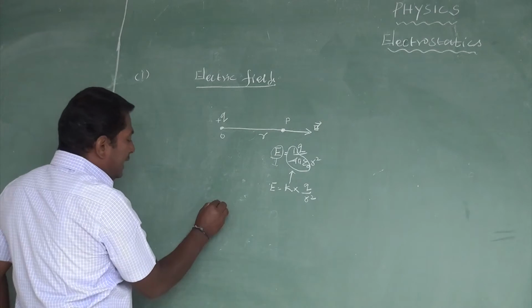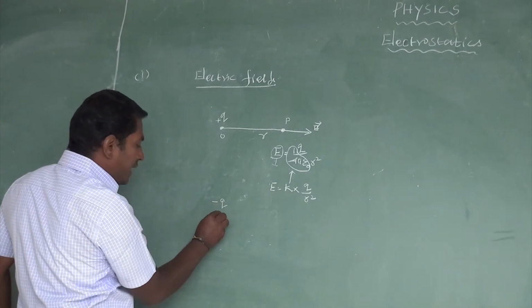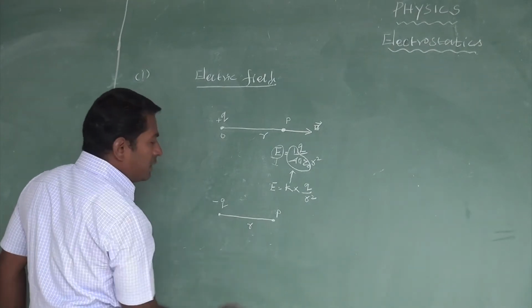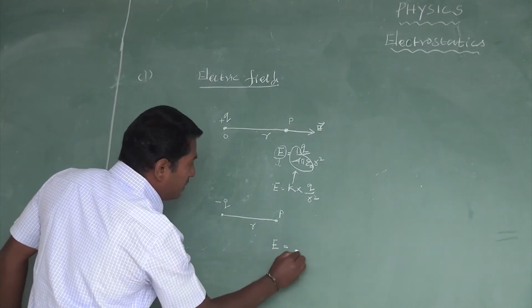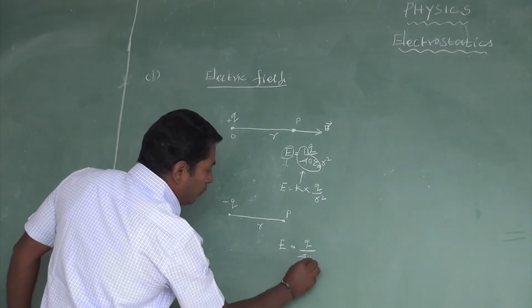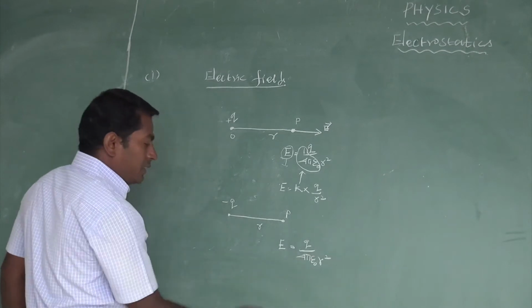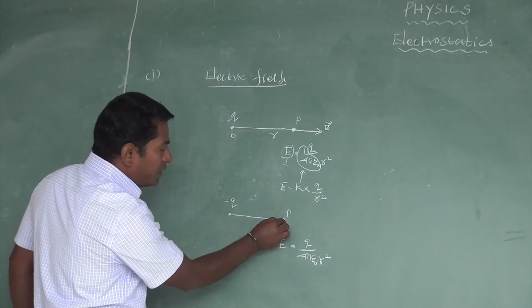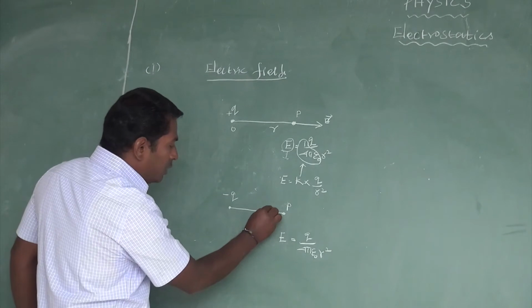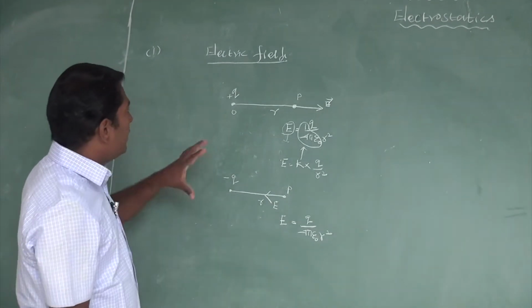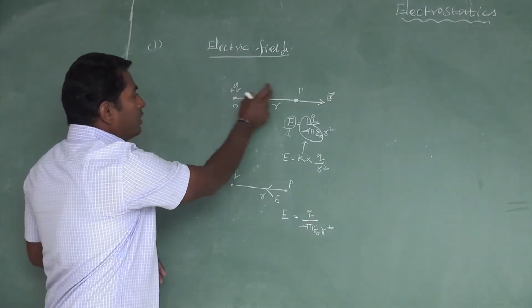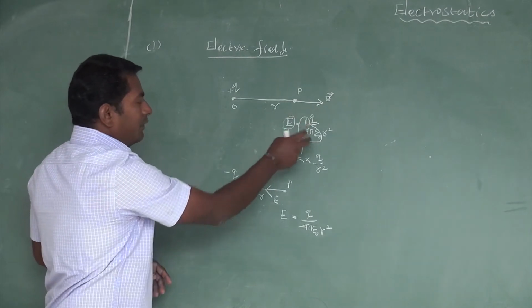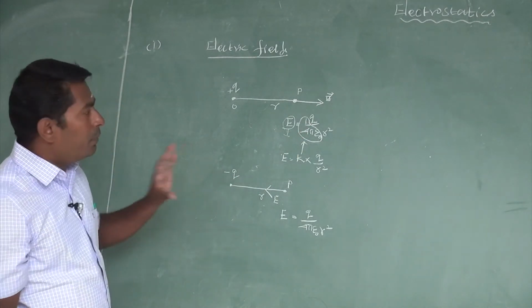If the point charge is a negative point charge, minus Q, placed at that same point, it produces an electric field at this point P at the same distance with the same magnitude, E is equal to Q divided by 4 pi epsilon naught R square. Same magnitude because of the same magnitude of point charge, but the direction of the electric field at the point P is directed towards the negative charge. So it is a very important topic: the electric field produced by a point charge at a point P is, magnitude wise, Q divided by 4 pi epsilon naught R square.